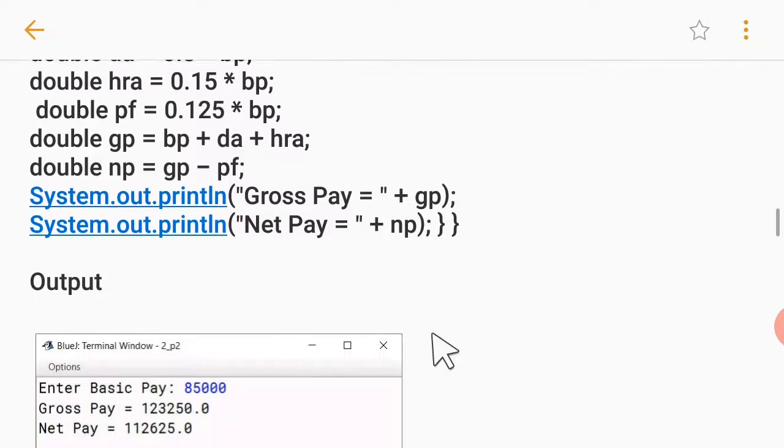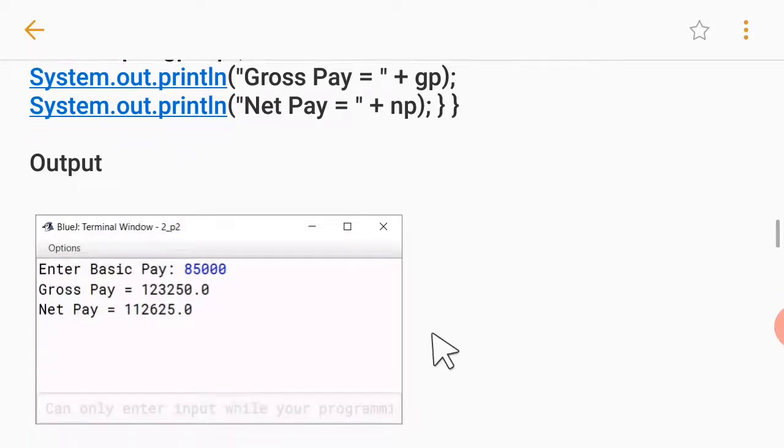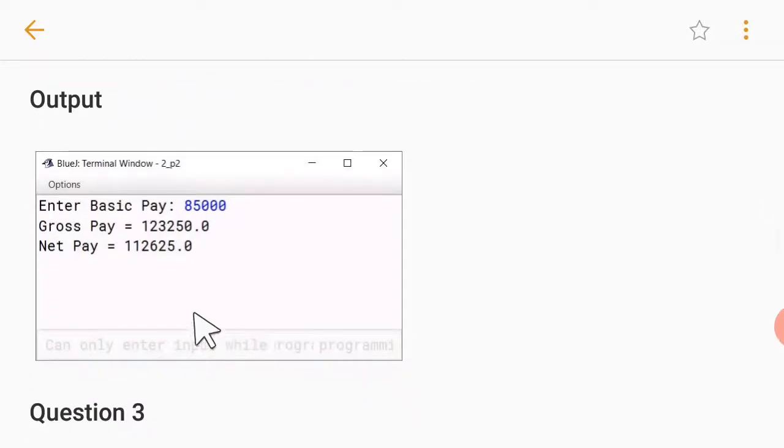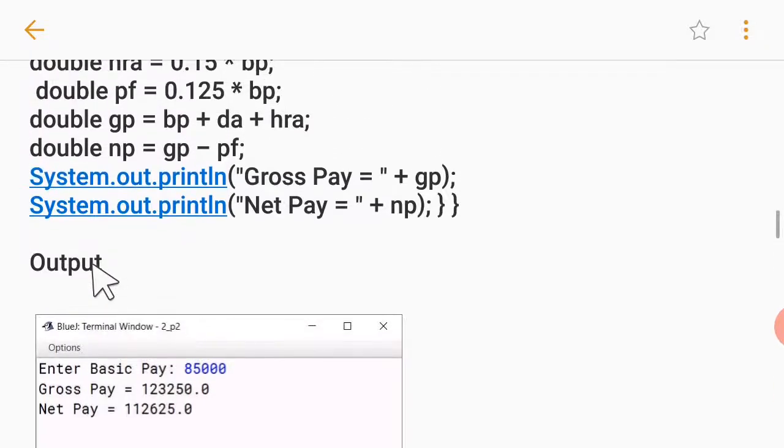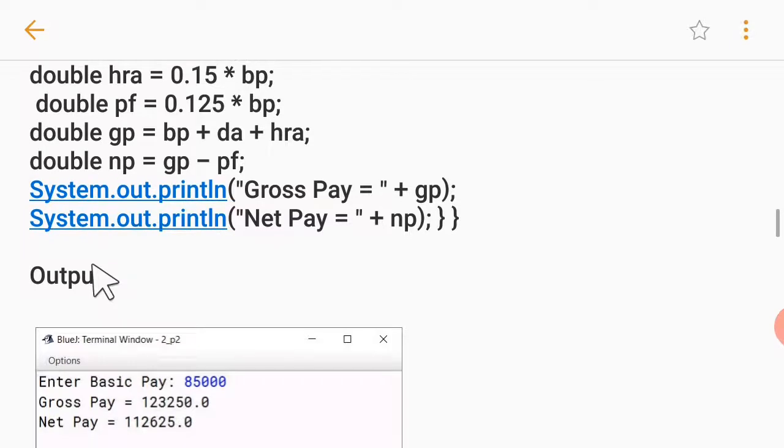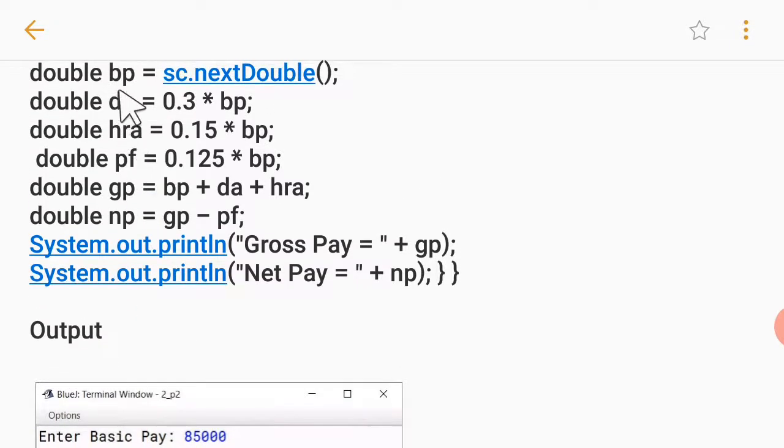So please students do execute these programs, and then you will be getting this output here. So you enter the basic pay, and these are the outputs which you get. If somebody wants to print the HRA, PF, and the third thing, that is DA, three things are there, DA, HRA and PF, and you want to print that also, you can have an additional print statement for these three entities.